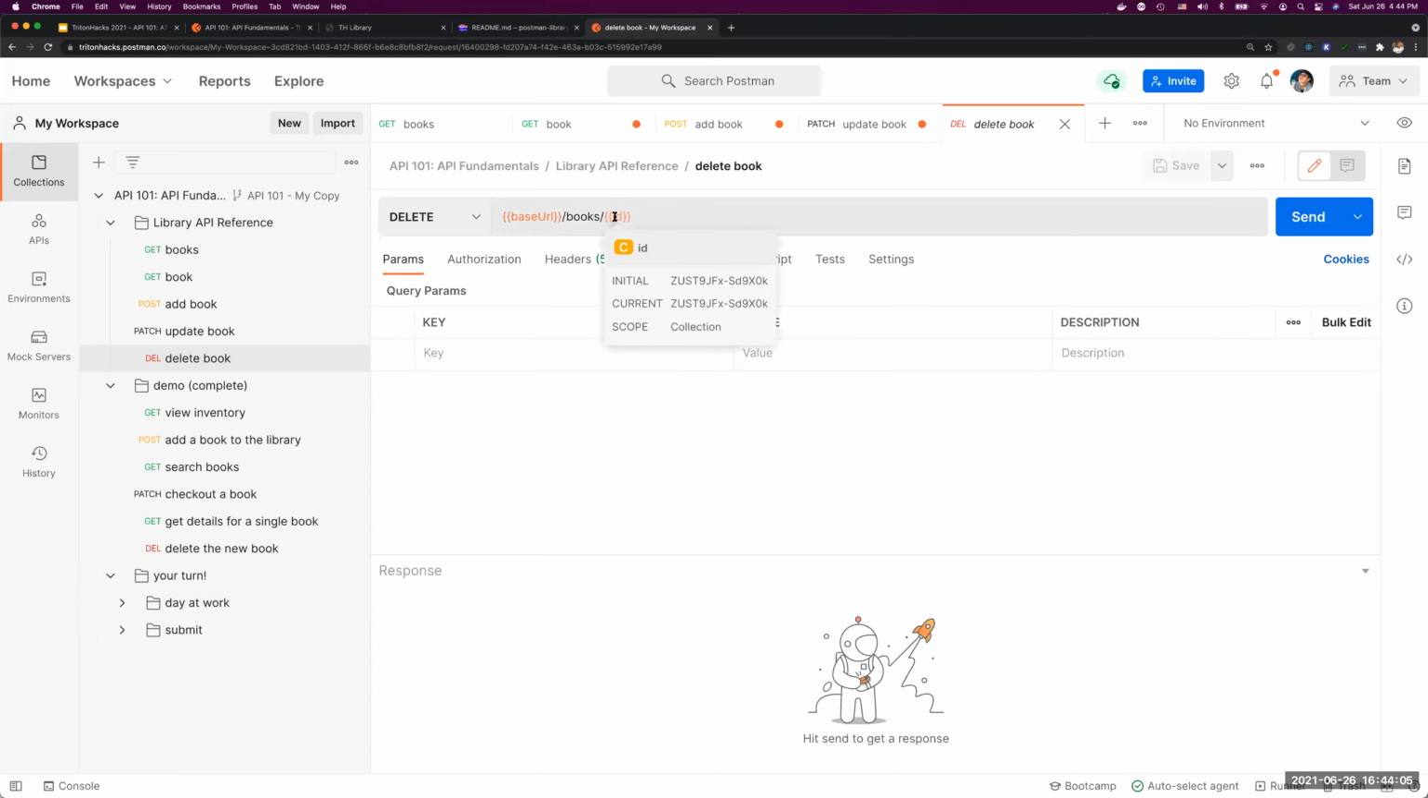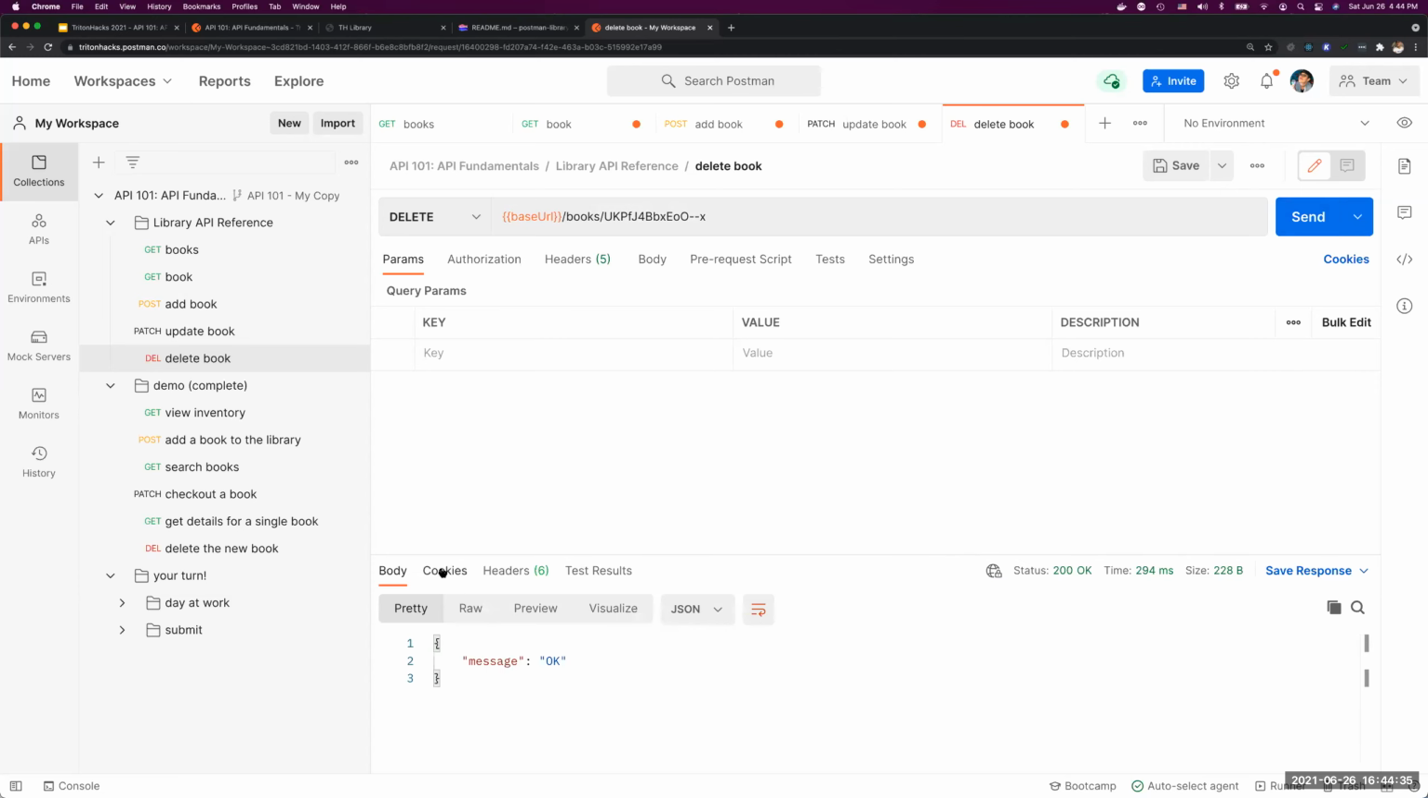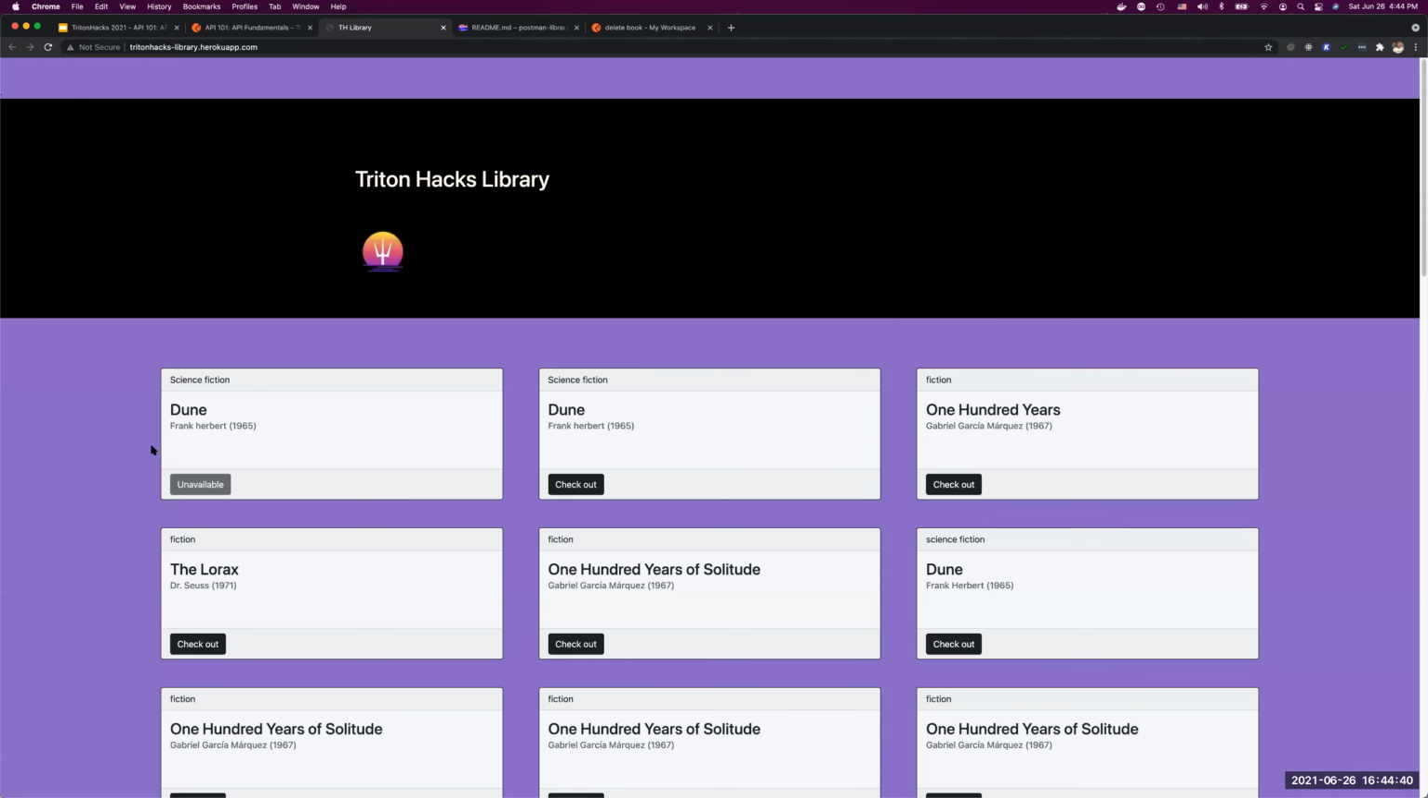So in this case, we're going to do kind of the same thing that we did. The only difference is that, again, our method is going to change. We're not patching. We're going to delete a resource. So the method here is delete. Again, we're going to replace this ID variable with the ID of the book that we're going to delete, and again, it's that same Dune book. So when I send this request, it's going to tell me, okay, I did it, confirmed. If I go back to the library site,